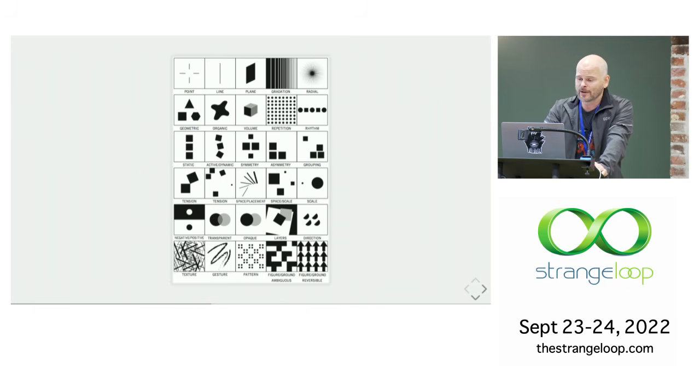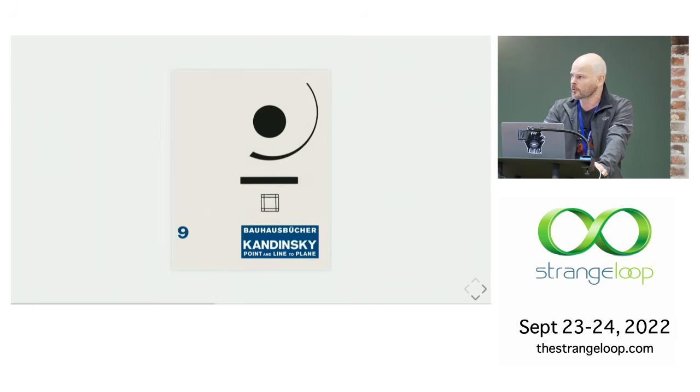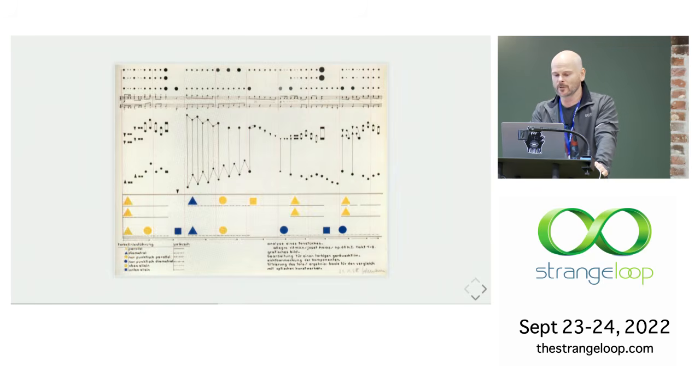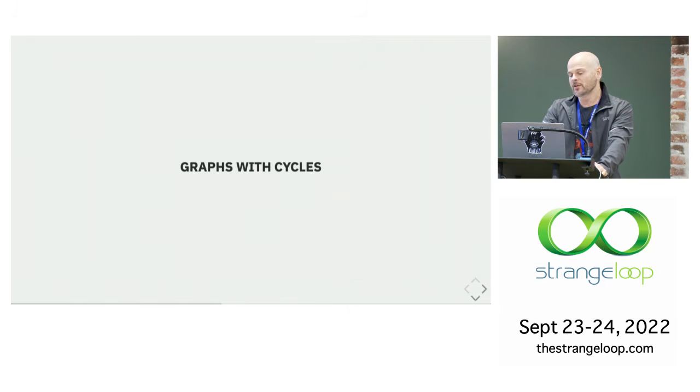So I recommend to everyone in this audience who hasn't already done so, go just get this 100-year-old book from Kandinsky and get a sense of what's possible. Here's one of his students working on some notation. Look how cool that is. Come on. All right, so another thing with text is that it's really bad at doing graphs with cycles, and